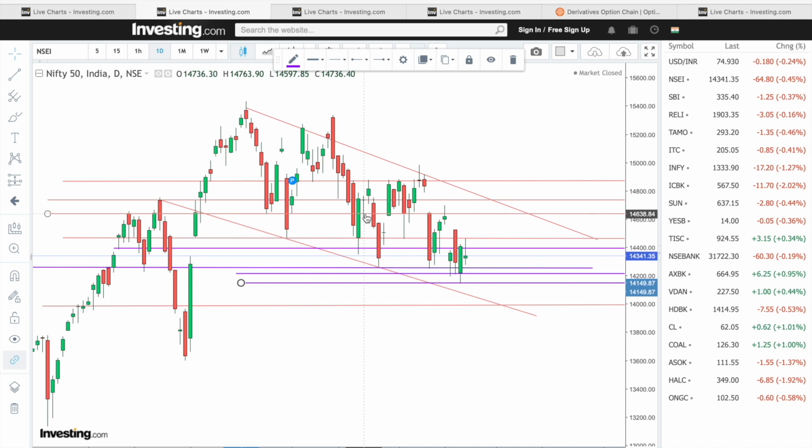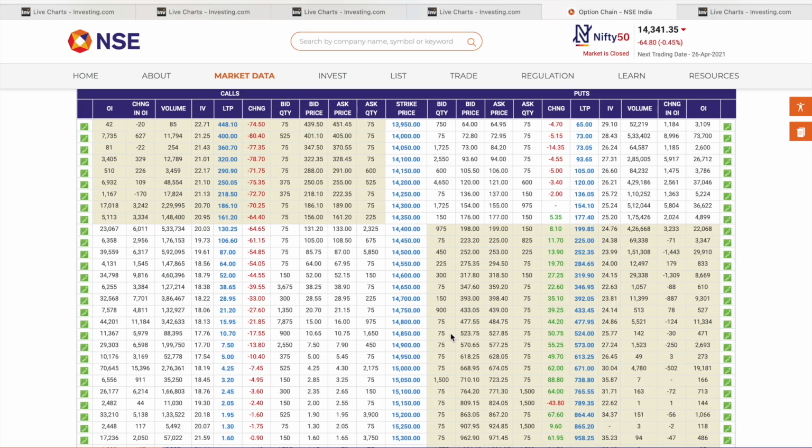Now I'll explain you what is Vega value in the IVs. Just a moment. So, guys, as I explained to you, when we are on a lower candle in the market, when the small candle is formed, that tells you that usually on that day the IVs are quite low. Now if market continues to form smaller candles and the IVs continue to stay in a lower range, the advantage that you get is that the prices of the options do not vary so much. The losses and the profits are very minimal in that case.